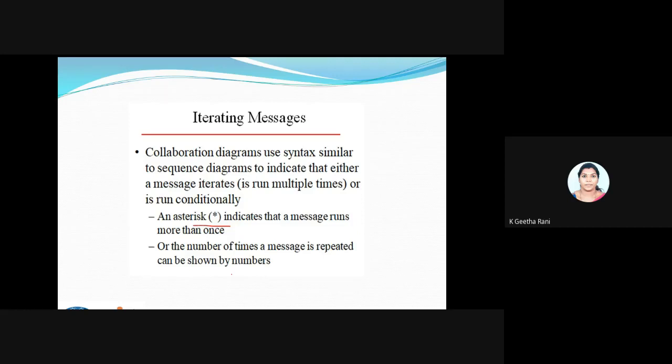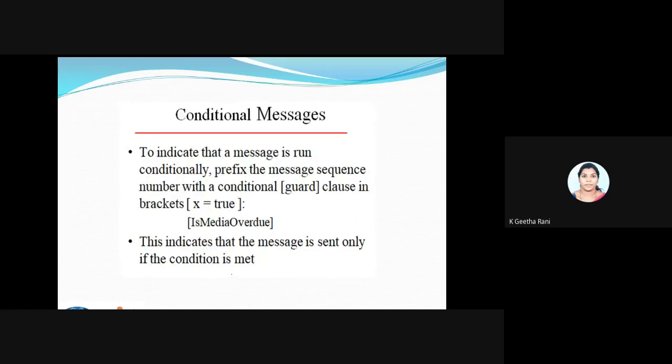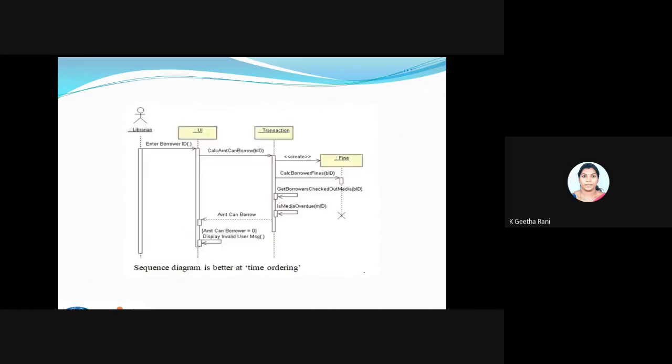Fine. And the second way of message passing is giving some conditional messages. We have used a term called guard. This guard is called a condition. Fine. So these are the two ways I can represent my message passing for a collaboration. One, I can use a repetition, another I can use a conditional clause here. Fine. We saw so many in our sequence diagram. Fine. So that is what the message is.